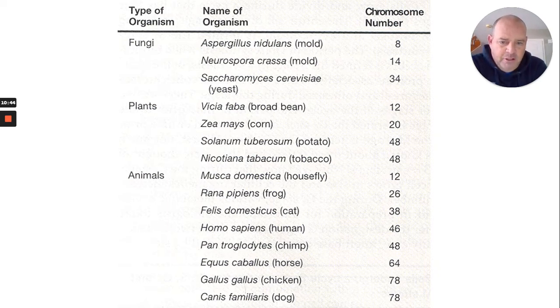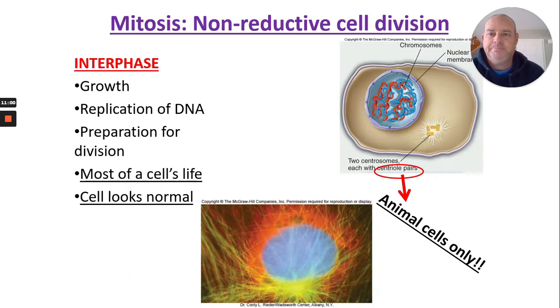So look up and down this group of things here, and it's kind of interesting to see how many chromosomes different animals or plants and fungi have compared to us. That's why we use the N and 2N system, the haploid and diploid, because we're not always talking about the same number. It's not always 46 like it is for us.